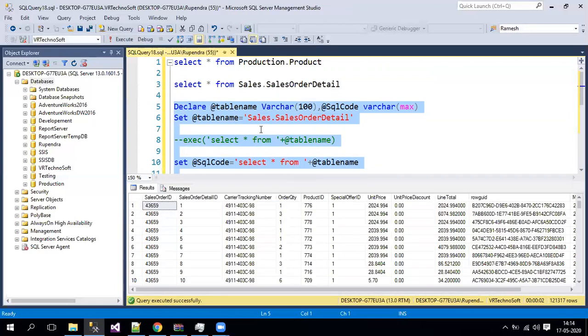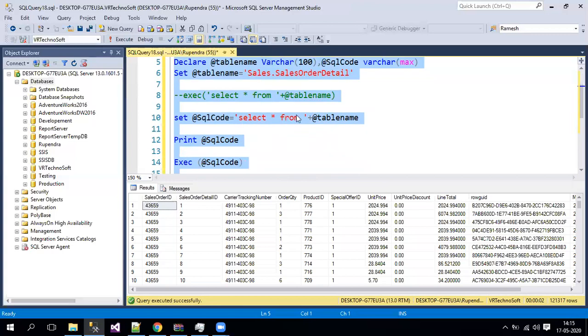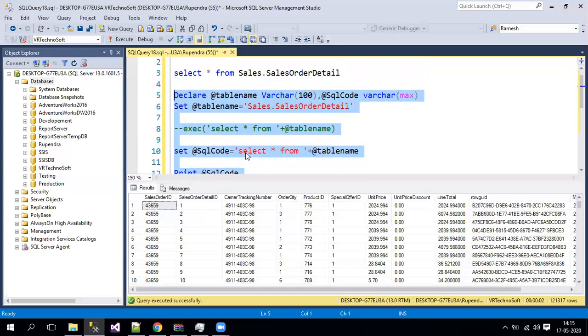So which means I'm just changing my table name through a variable, or I'm just passing a table name through a variable. My select query I have put as static, and the table name it will take as dynamic, and it will get executed, and finally we'll be getting the result set. Obviously people will think, yeah, it is a simple select query, it's a fraction of a minute or seconds to write a single select statement. So why do we need to go for dynamic SQL in this case, as it is a simple select statement?